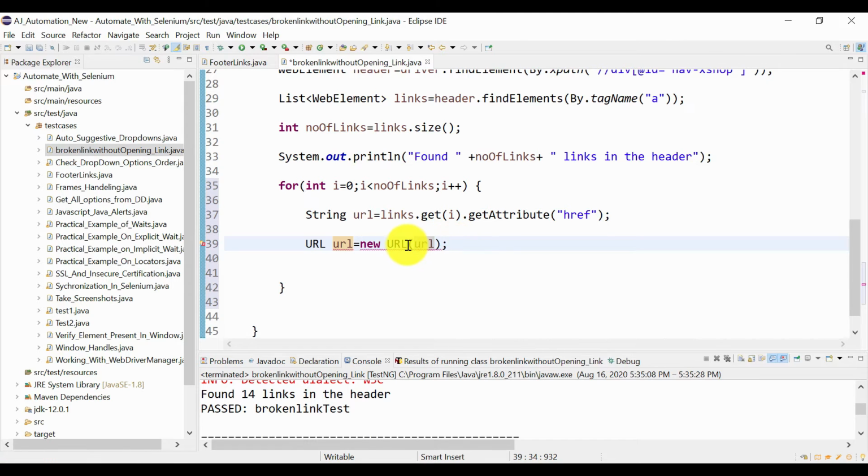Let me check what is in URL toString. Oh, we used the same variable for both. So maybe I will just rename this: URL link equal to new URL, and we will pass this as the argument.